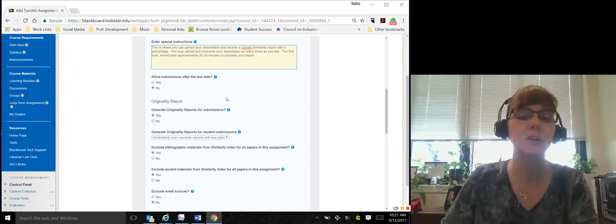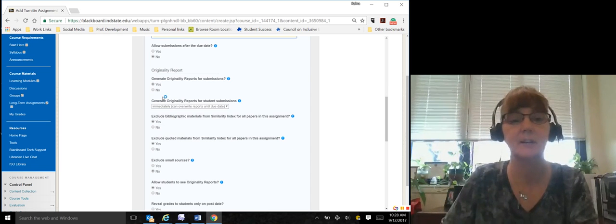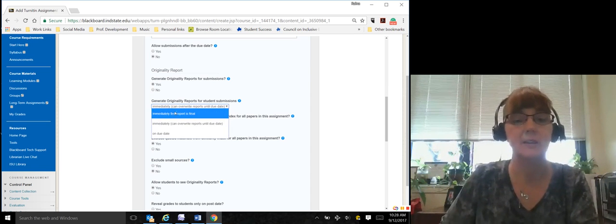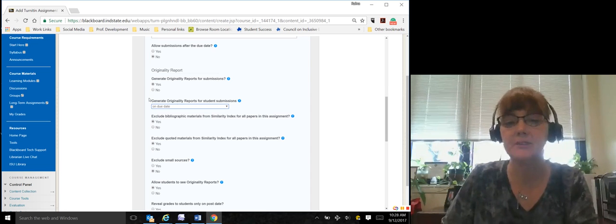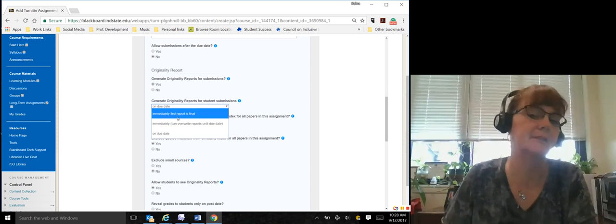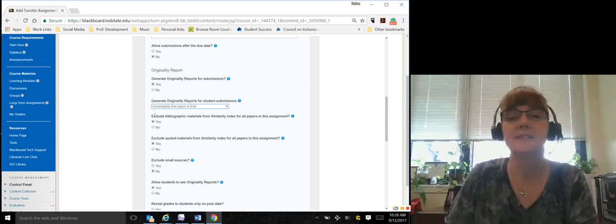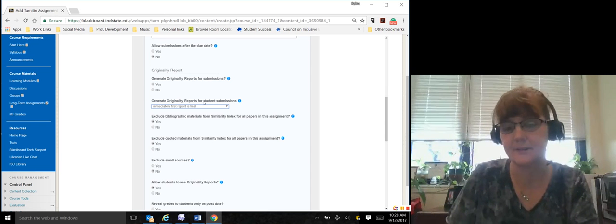You want every submission to populate that originality report, so that should be a yes. And again, it has 3 different options. It could generate the originality report only on the due date. Well, that kind of seems like it would take forever. Instant gratification is what students want, so keep that in mind. They can immediately get the report, but the first one's final,